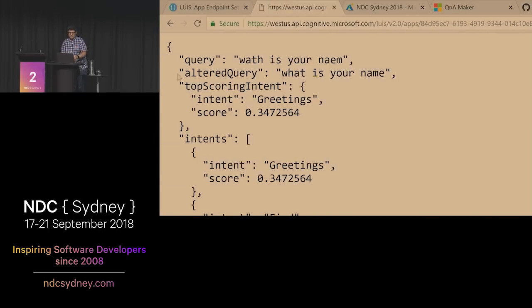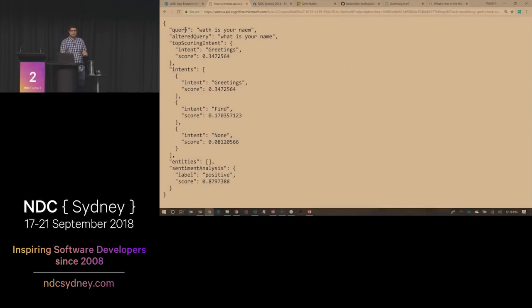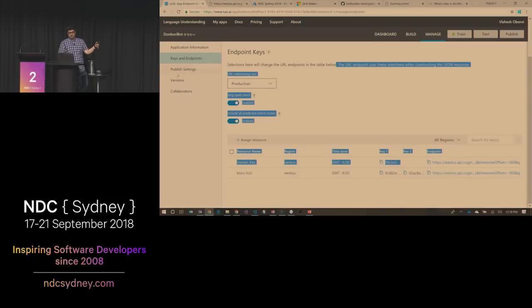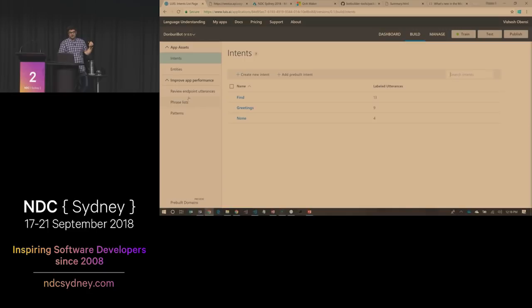Let's see if that picks it up. Now, since I had enabled Bing spell check, it automatically went off, and within the same request, in a millisecond or so, it was able to alter my query to exactly what it should have been, and give me a top scoring intent, and also a sentiment score as well. Now, one thing you'll notice is that the confidence score is not that high for that specific intent. So in order to improve that, I can go back to LUIS, go to my build phase,